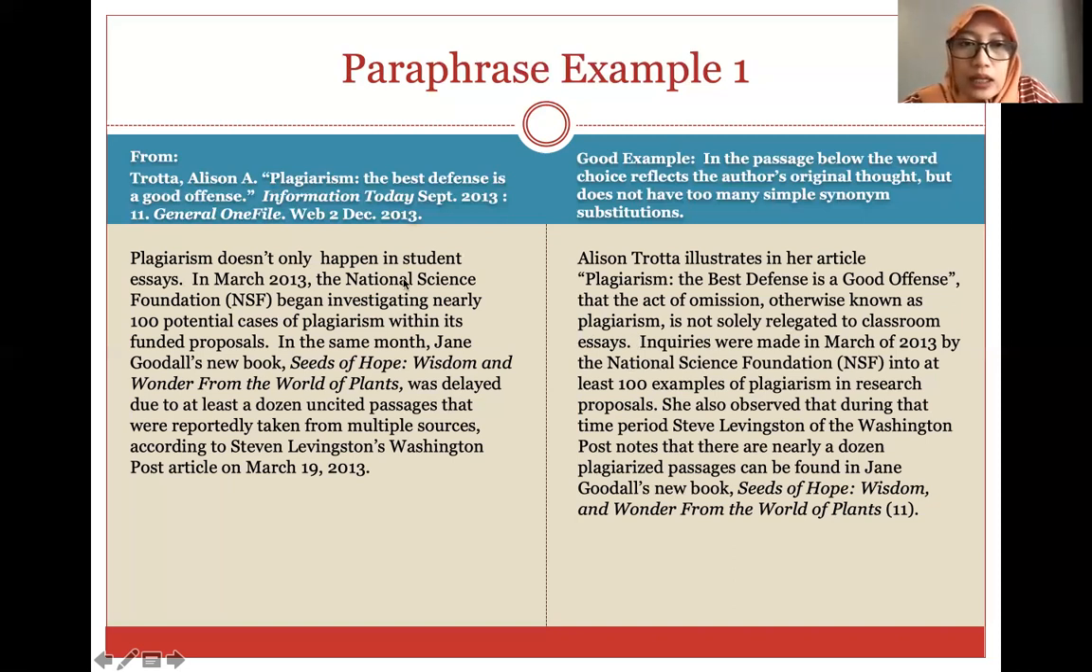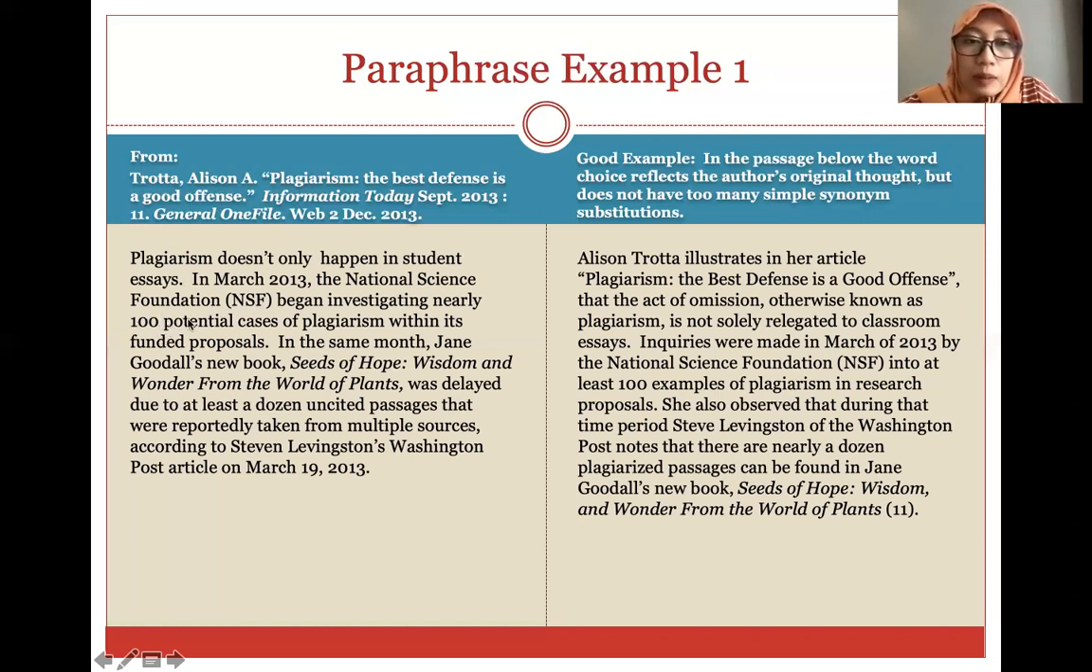Tapi di sini students-nya digantikan dengan kata classroom essays. Then take a look at the second sentence. In March 2013, the National Science Foundation, or NSF, began investigating nearly 100 potential cases of plagiarism within its funded proposals. Jadi di sini disebutkan ada sebuah institusi ya, NSF, di tahun sekian menemukan atau menginvestigasi sebuah kasus dan hasilnya